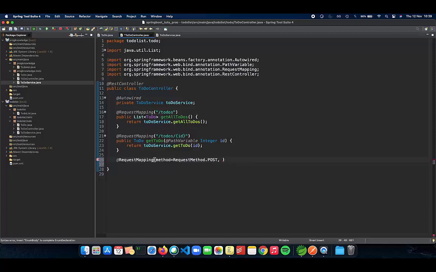And now the next thing which we need to do is pass in the URL where we have to give out the post request. That is going to be /todos only. So let's see how this works now. So now we have our usual